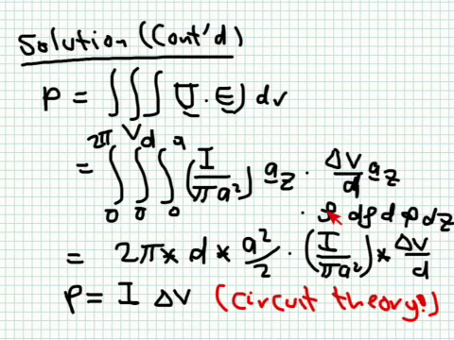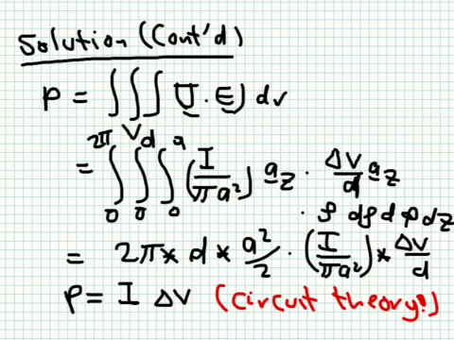The integral of rho d rho will give you rho squared over 2. I substitute for the upper limit, I get a squared over 2. This is all multiplying I over pi a squared, multiplying delta v over d. Notice d will cancel with d. This term, 2 pi multiplied by a squared over 2 will cancel with pi a squared, and the answer is